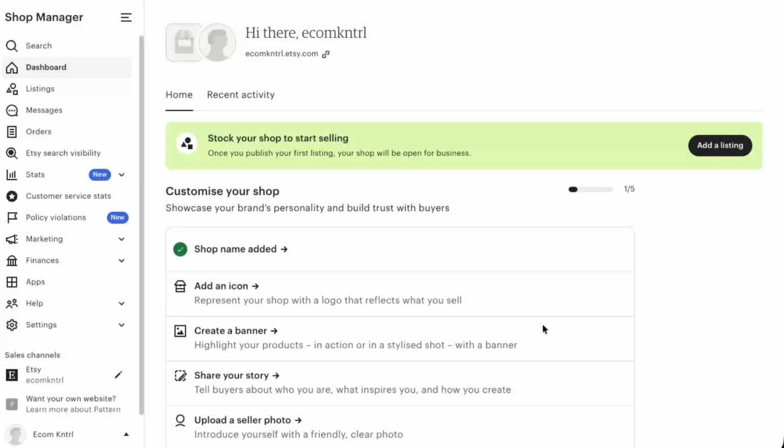In today's video, I'm going to teach you how to change your bank account on Etsy. Keeping your bank details up to date is really important because this is where Etsy sends your payouts from sales. If you've switched banks, opened a new account, or simply want to separate your business finances, updating this information only takes a few minutes. I'll walk you through it step by step so you can follow along on your own